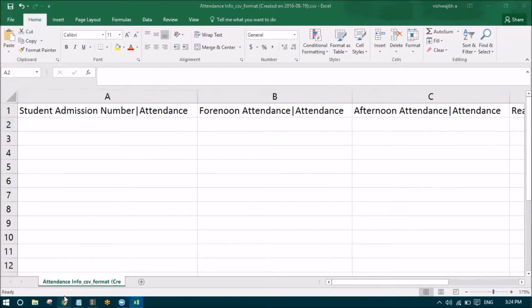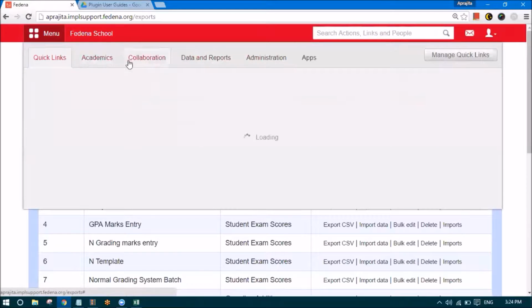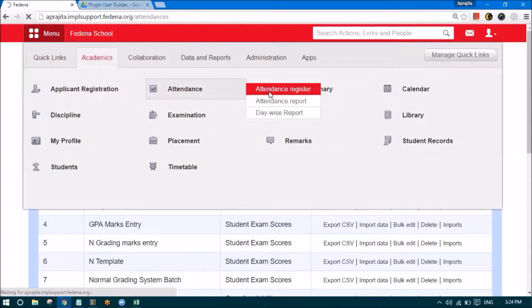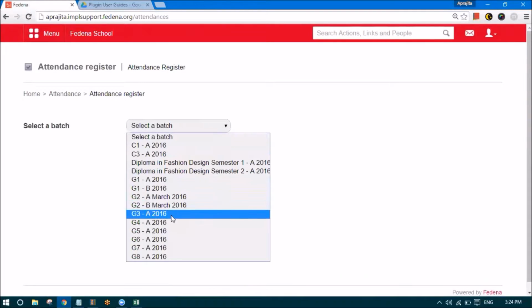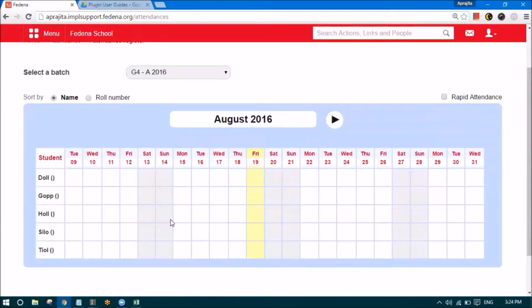Now let's see a batch that we have in Fedina. We will go to Academics, Attendance and Attendance Register. We will select a batch. Let's say it is grade 4. Now you can see here that grade 4 starts from 9th August. That is why the first date that you see here is 9 August. Now we can mark the student absent for the current date, that is the highlighted one that you see here,